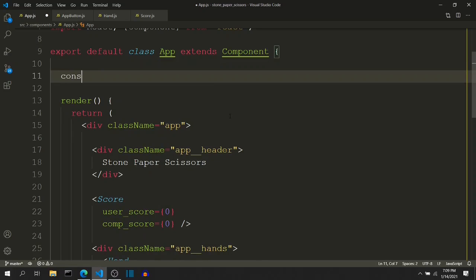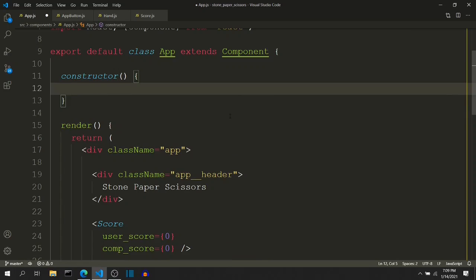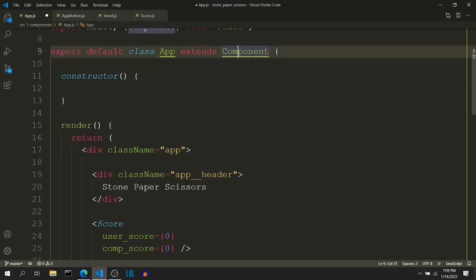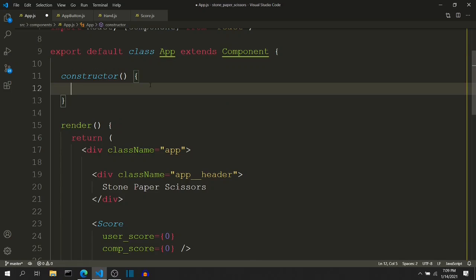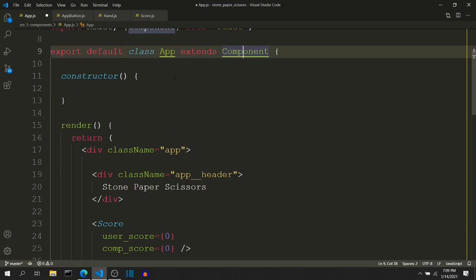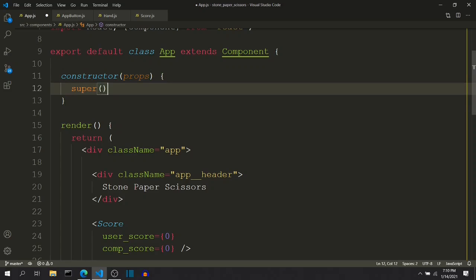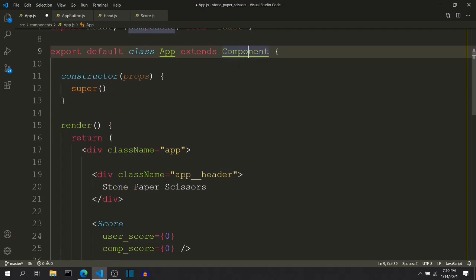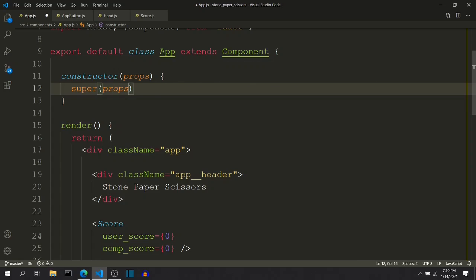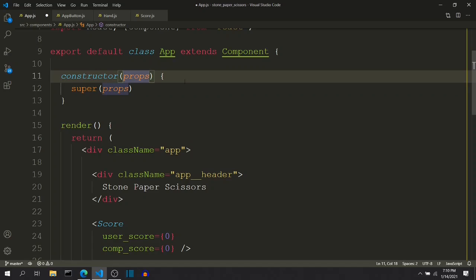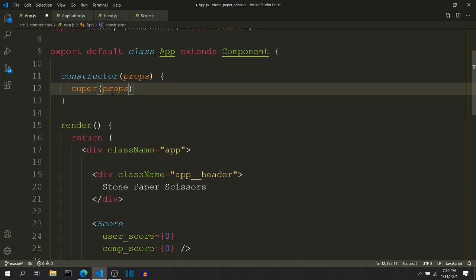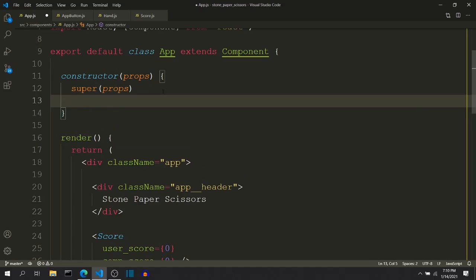So inside this, now I will define the constructor. The constructor is the function that will be called once when this component is generated for the first time. And as this is a React component and it extends Component, we have to accept some properties and call the superclass, that is Component's constructor, with the super keyword and with the same properties. So we are taking properties and passing them to the superclass. Nothing fancy about it. And you do not need to worry about this, because we are not dealing with any properties in this app.js component.